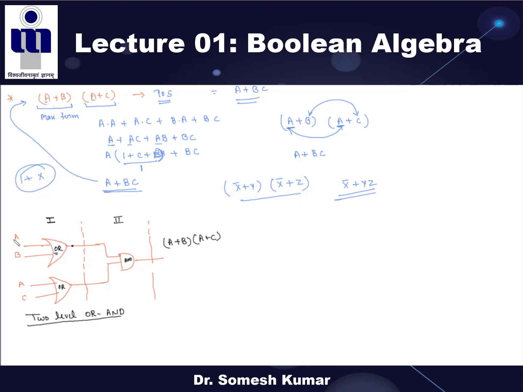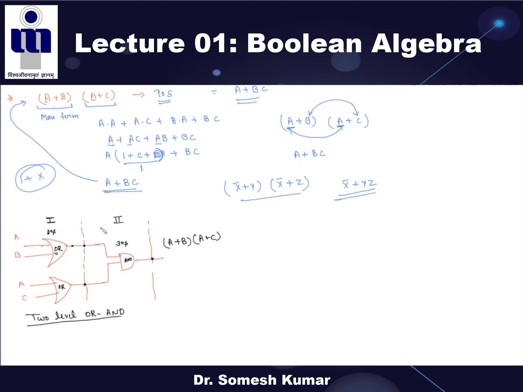If these inputs are given A, B, A, C, right? So after that minimal time, for example, these OR gates have 2 nanosecond, right? So after 2 nanosecond, we will get the outputs here and here, right? And if the AND gate, for example, has 3 nanosecond, then after 3 nanosecond, which means in total 2 plus 3, 5 nanosecond, we will get this output.